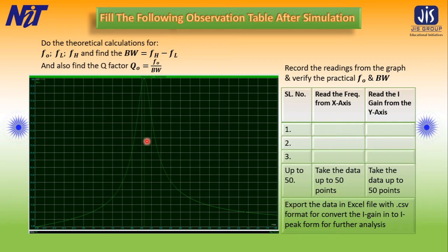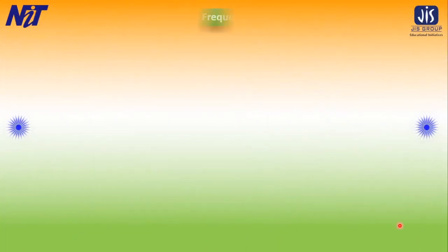So you will export all the data from the Proteus graph into an Excel sheet in .csv format to convert the current gain into a current peak for further analysis. In the next slide I will show you how it looks.